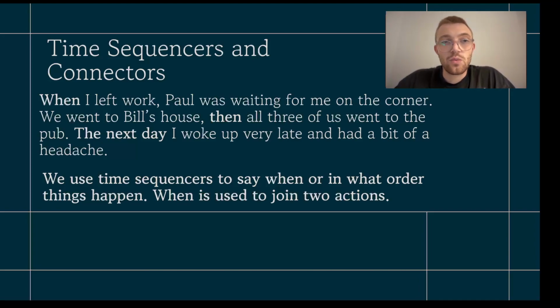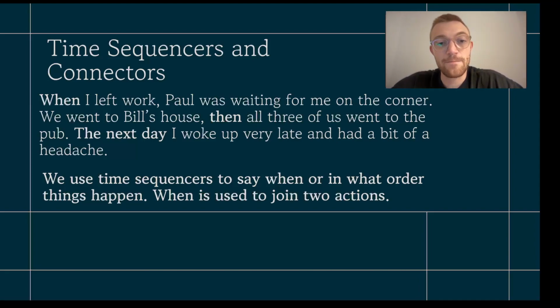Right, so which words in there are the time sequencers? Which words tell us when and in what order things happen? So we've got when, then, and the next day, right? When I left work, that's putting the time. The time is when I left work, and then the next thing that happens. So we got then, and then the next day as another time, and when in relation to the other things